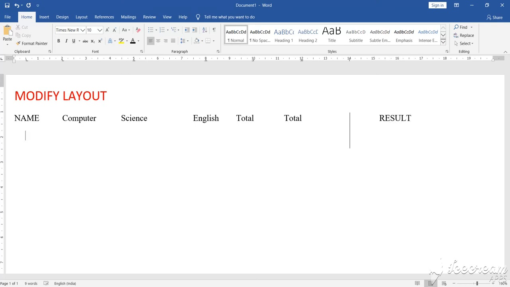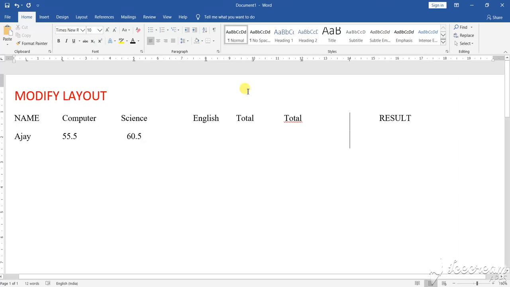Okay, now give enter. As soon as you give enter, now what you find here, you can give the name, suppose Ajay. After that, press the tab key. Suppose in computer 55.5. Next in science, suppose 60.5.